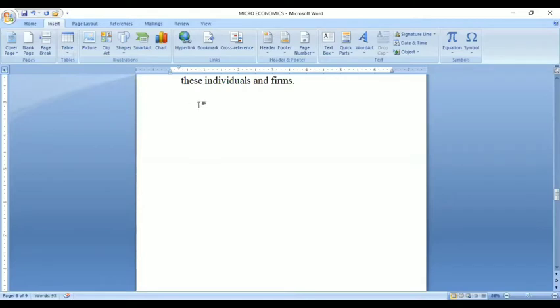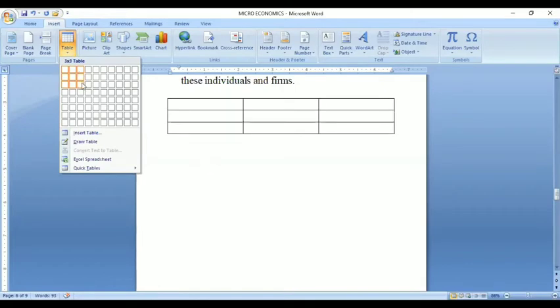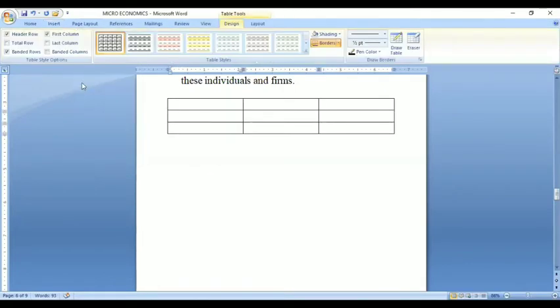You want a table here. First you have to click here. Keep the cursor here and then go to Table. For example, 3 rows and 3 columns. You have to click here. For example, serial number. Next, name. Next, register number.